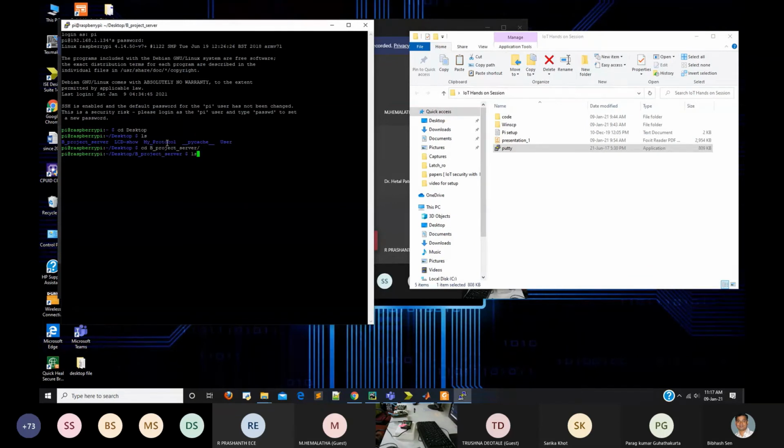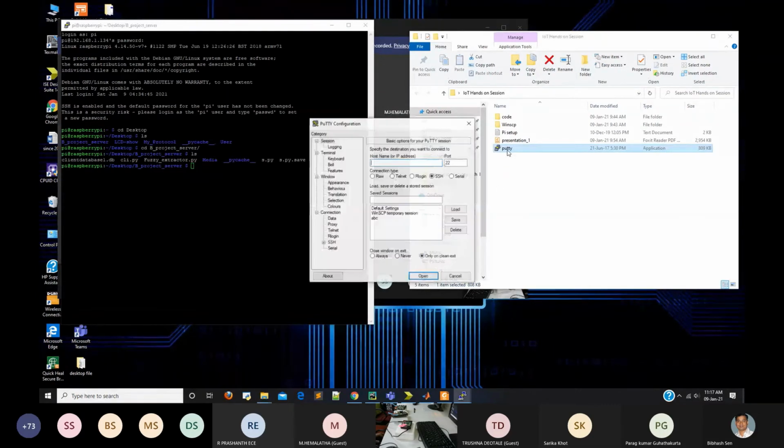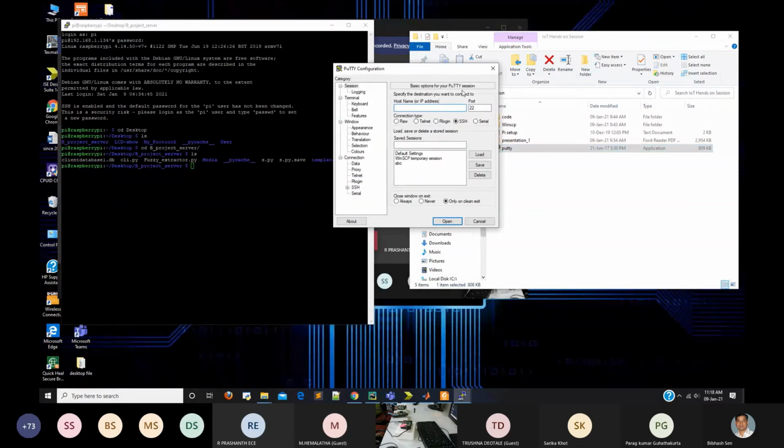Here in this folder, we have that server program for the Pi. So we will run it. Before the run, I will also start the client phase. And the client IP address, I previously found it, without wasting any time.